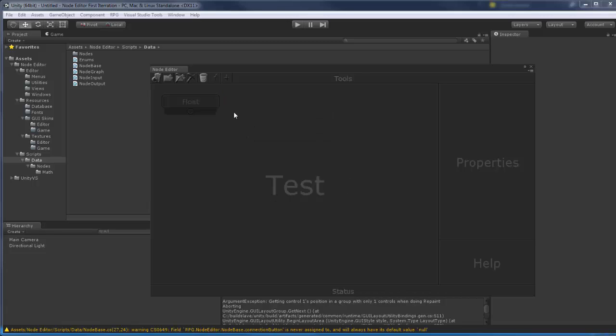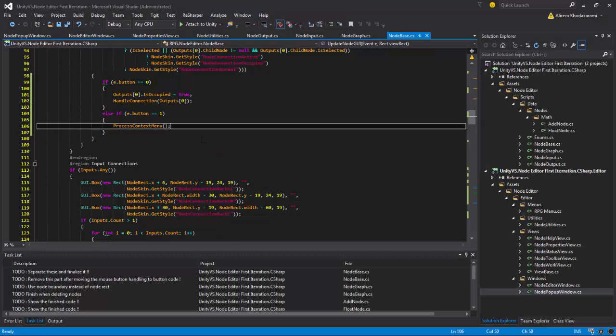So create a float node, another float node, and an add node. Middle mouse, okay. Break connection, okay. I think I have some bugs inside the code. We will see that this will work when I finish everything now. So